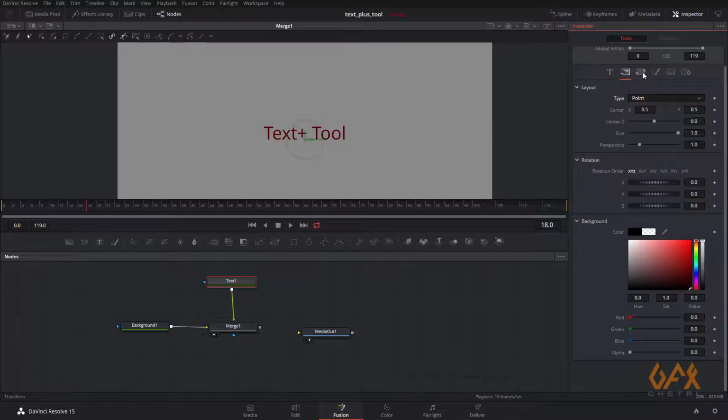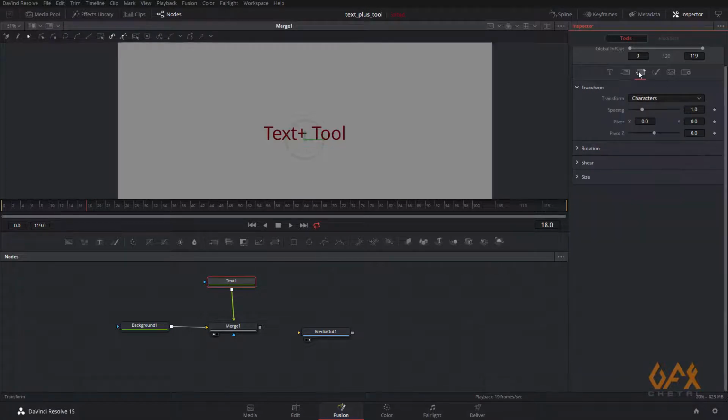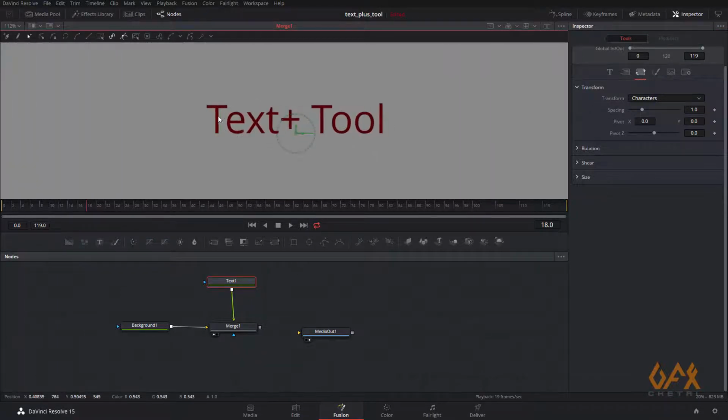Now I go to the transform property. So basically transform is based on your character, or mainly on your text property. So for example here this transform is based on characters.